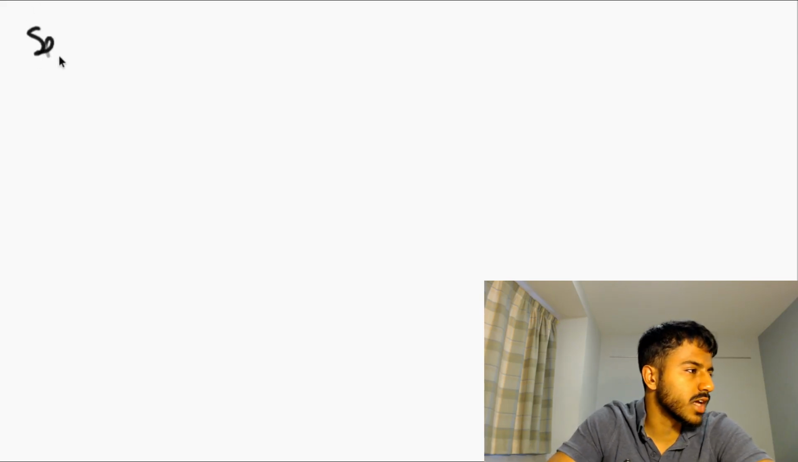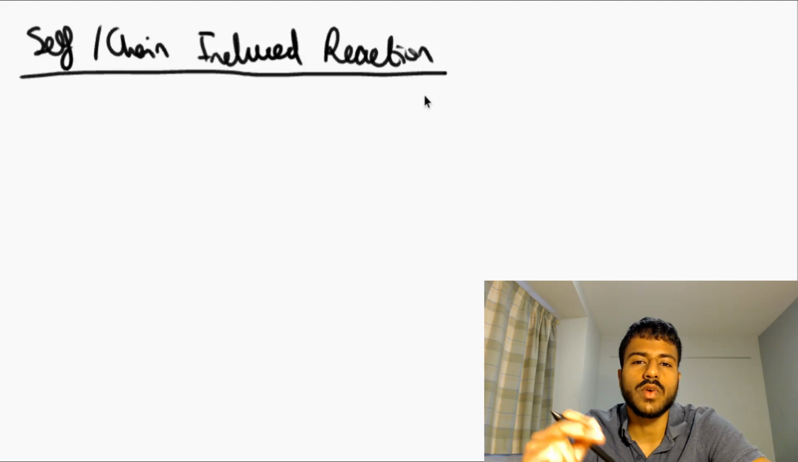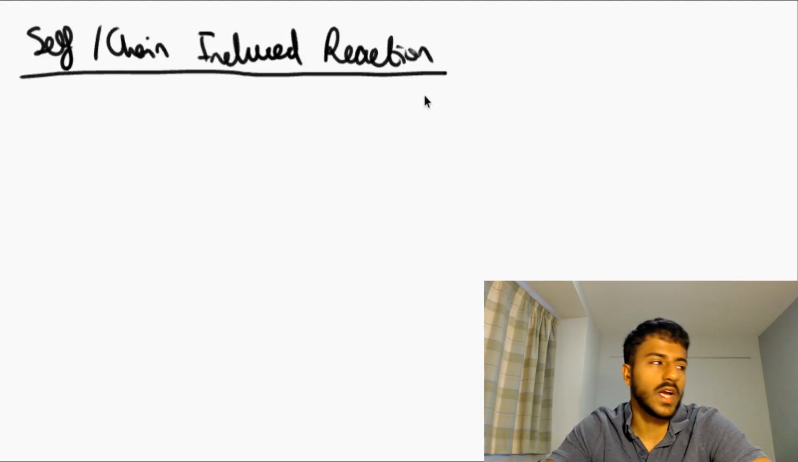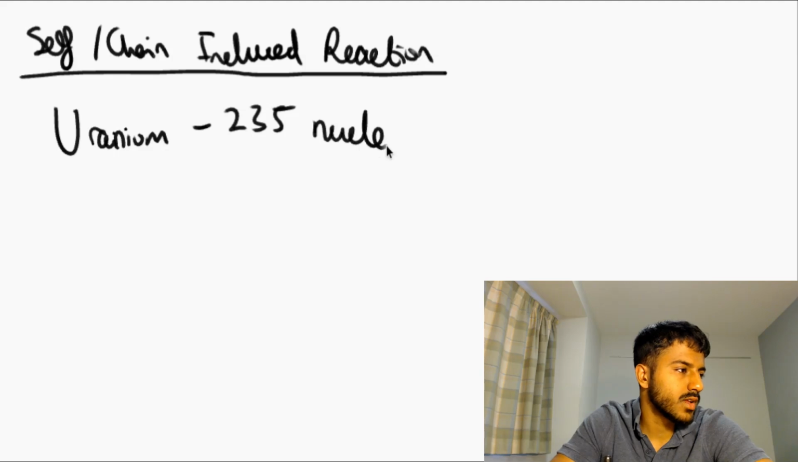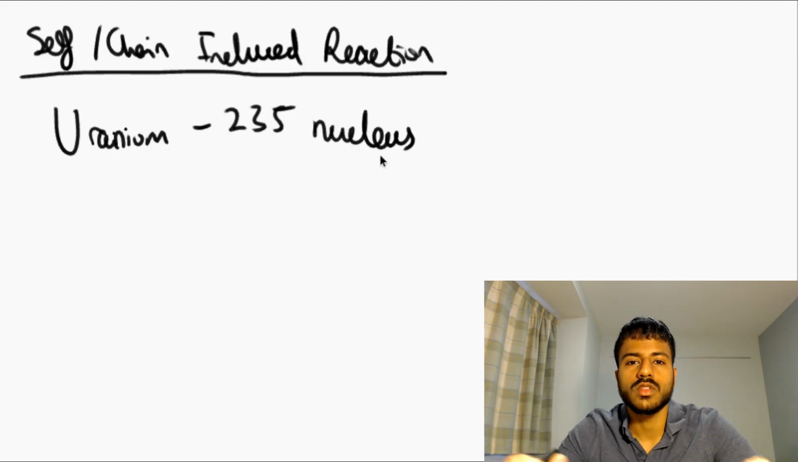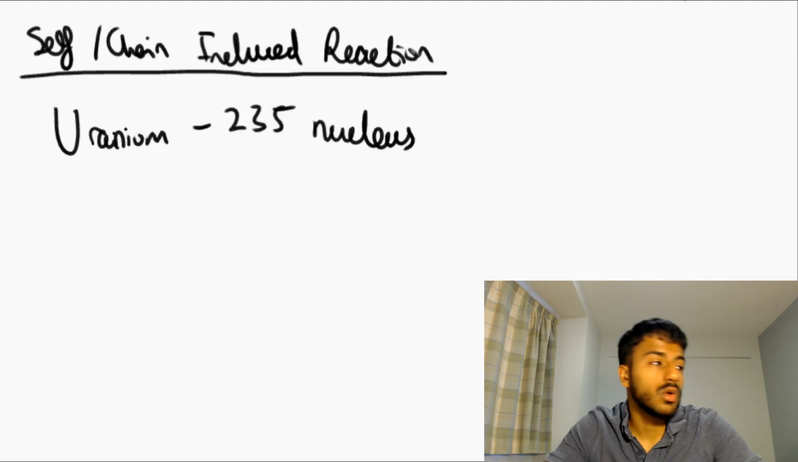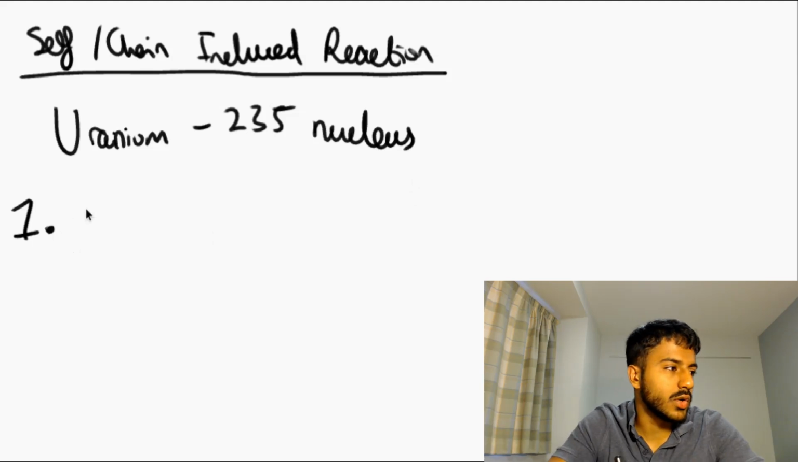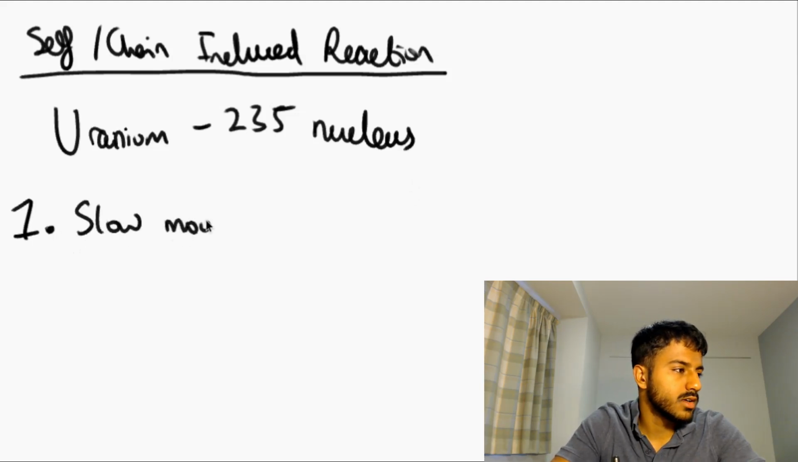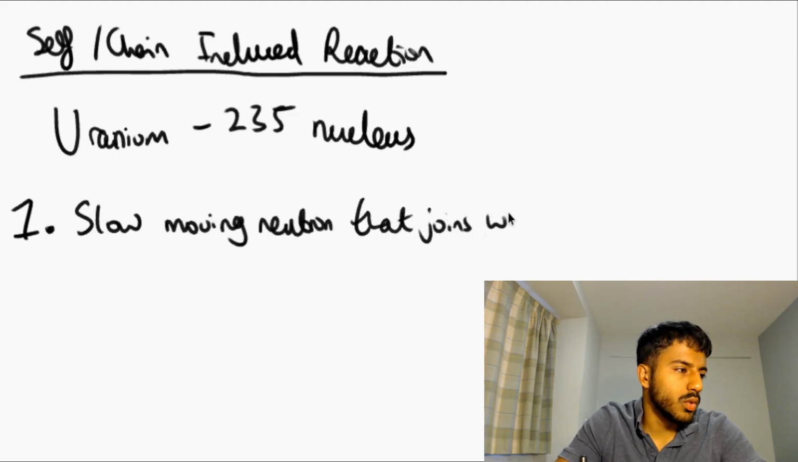Well, it's something called a self-induced chain reaction. Now the key reactant, or the key piece of fuel, in this reaction is a uranium 235 nucleus. And this is almost the fuel that you use for fission reactions. Now, the first step in this nuclear fission process is that you have a slow moving neutron that joins with